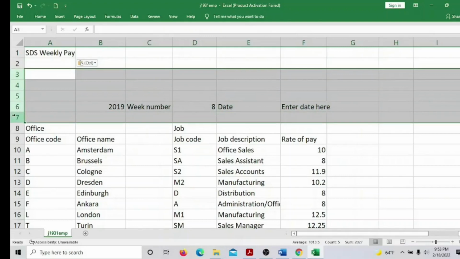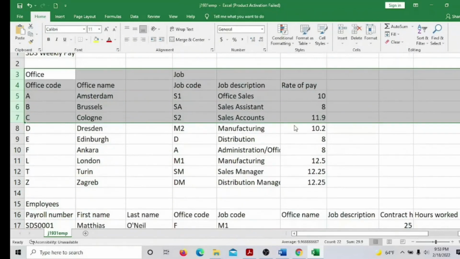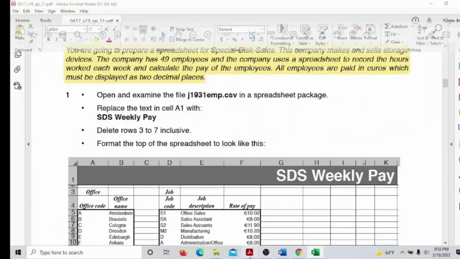We have to delete them totally. Home, delete, rows. Next,